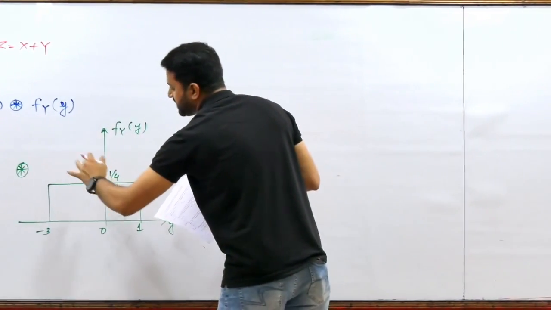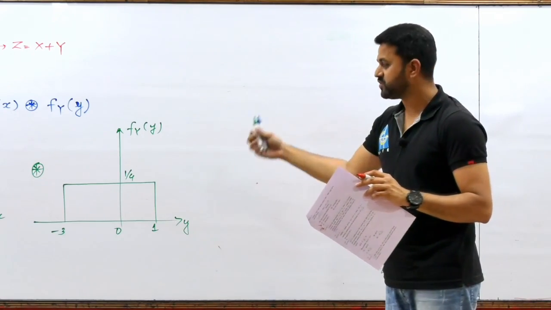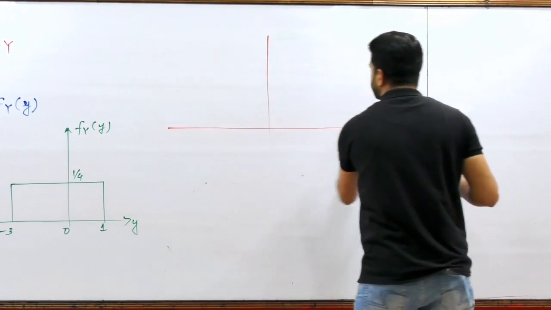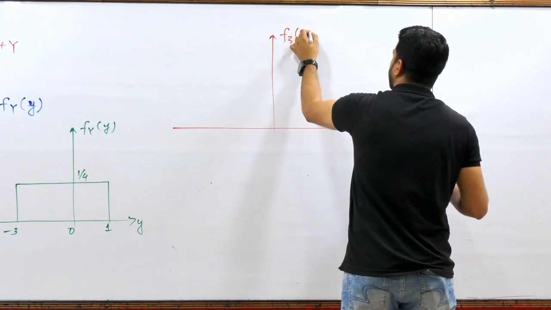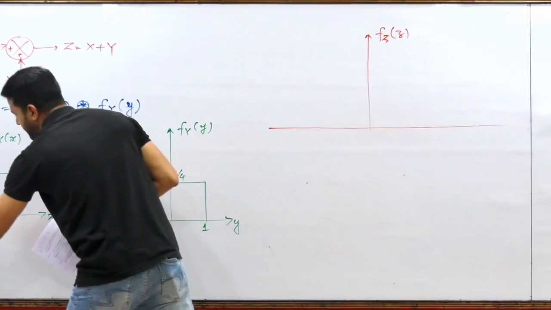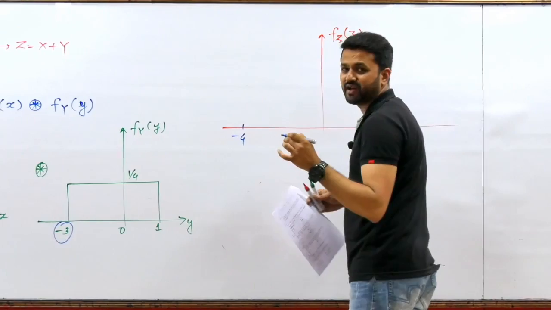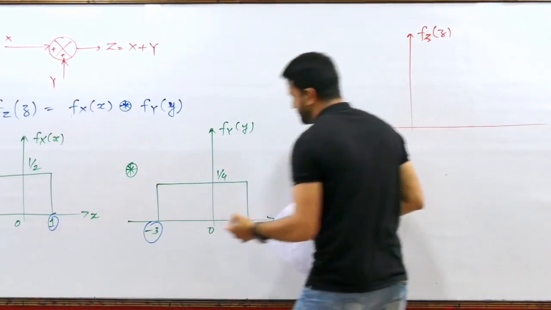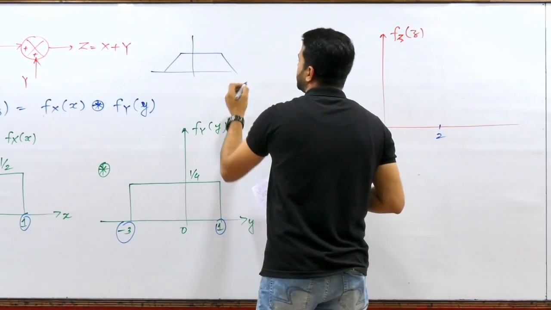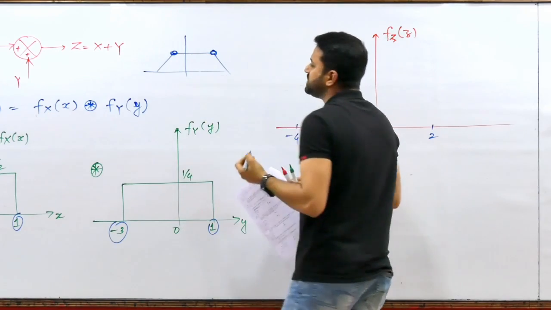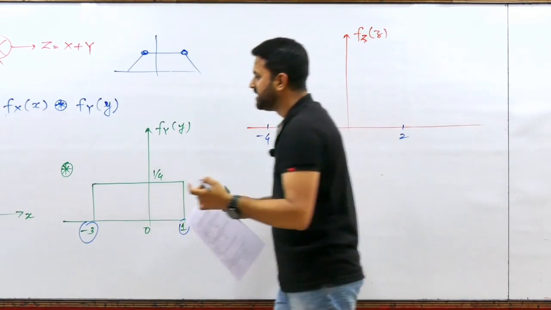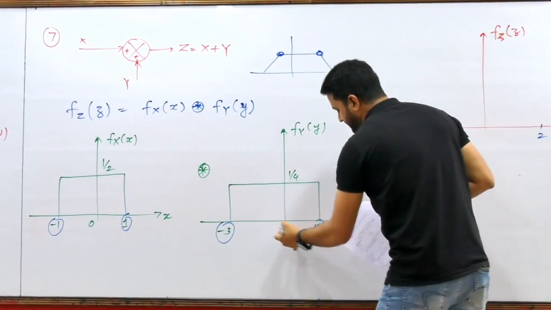Let's see, if I draw the convolution of their PDFs. Because these are two unsymmetrical rectangular pulses, the convolution of these two rectangular pulses is a trapezoid. To get its extent, if we add the minimum values -1 and -3, I get -4, and the maximum value is 1 plus 1, which is 2. The trapezoid has two points where the slope is changing, the intermediate values. You take the minimum value of the first and the maximum value of the second, so -1 plus 1,